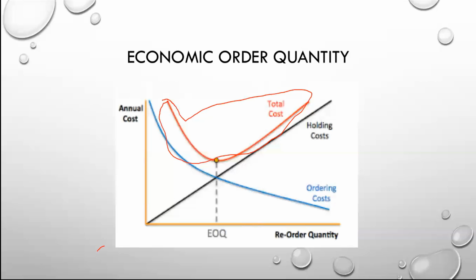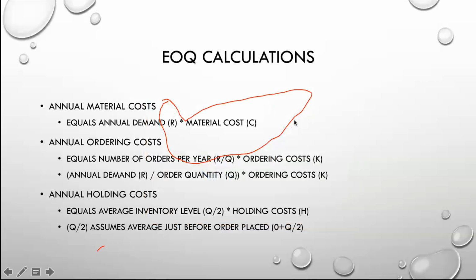So once again, total costs is the sum of both of these. And the EOQ is where annual ordering costs and holding costs are equal. And that's the point. In economic graphs, this is the marginal cost. Okay. So the price of one additional good, this is this quote unquote sweet spot to where the price of an additional good is the lowest. So that's your EOQ. Now let's go ahead and I'm going to clear this.